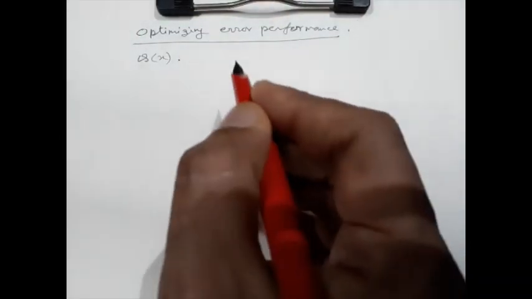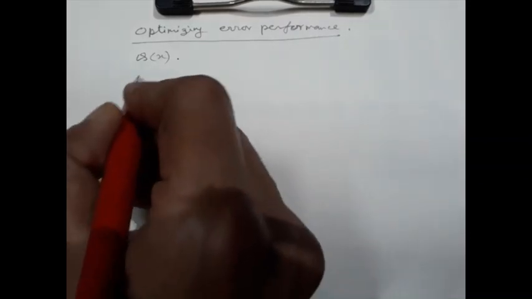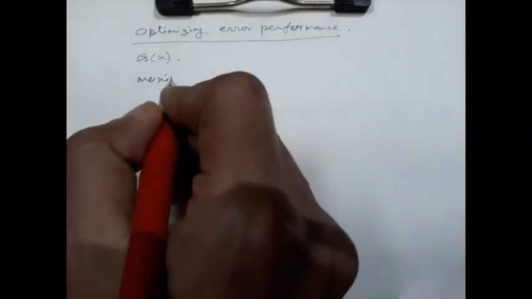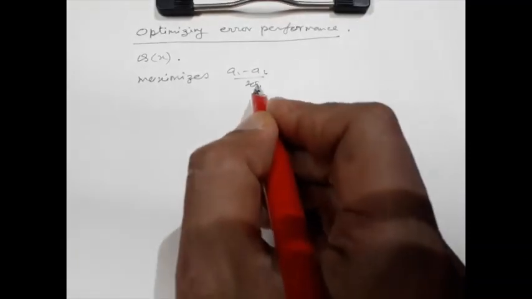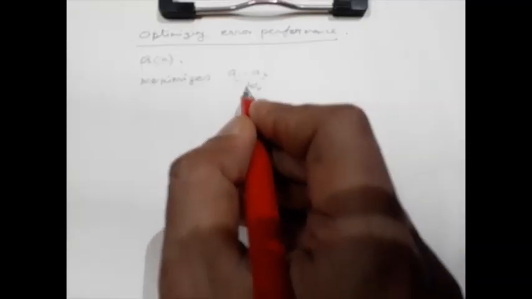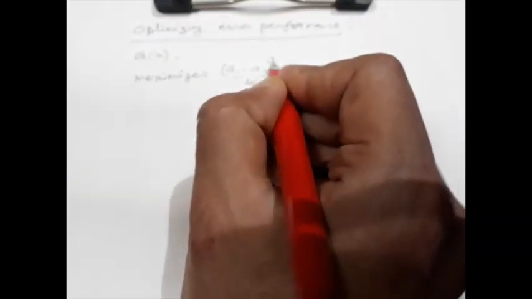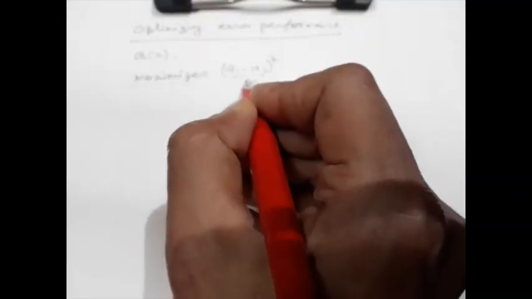Thus, we need to determine the linear filter that maximizes (a1 minus a2) by twice sigma 0, the argument of the Q function, or equivalently that maximizes (a1 minus a2) whole square by sigma 0 square,